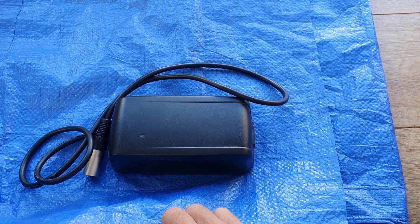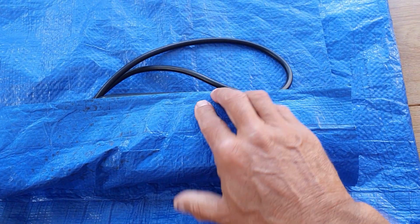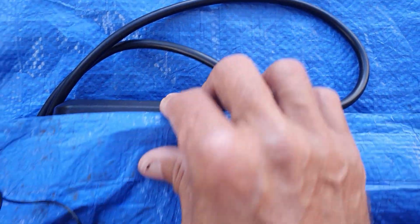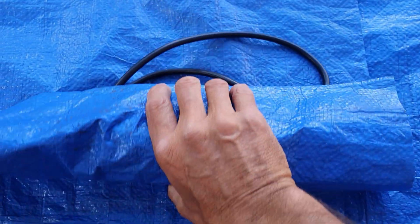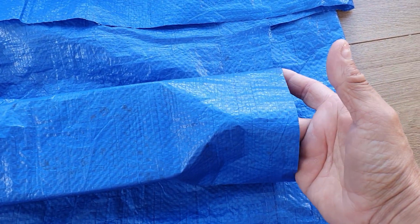So what I'm going to do is I've laid the charger out on the tarp, and then the first edge I'm actually going to wrap it and put it on the far edge of the charger, and then all you do is you just spin it around again and turn it over on the side. Now what that's going to do is going to give an extra piece of space just to get the charger in. You don't want to be moving around, or whatever piece of equipment it is, you want to be able to get it in quite easily. We've left plenty of room at the end here,